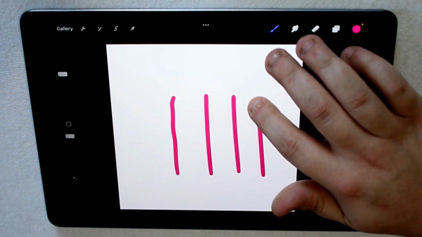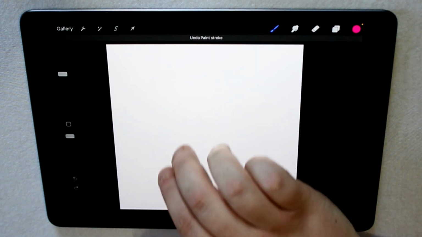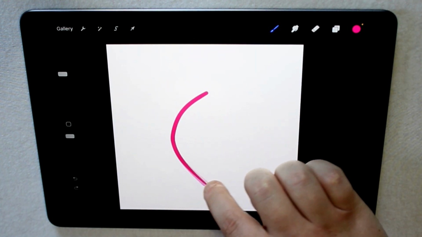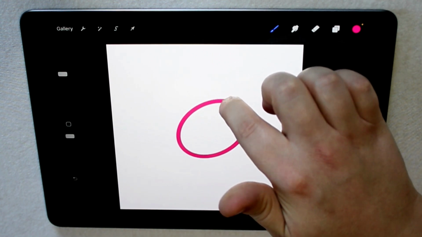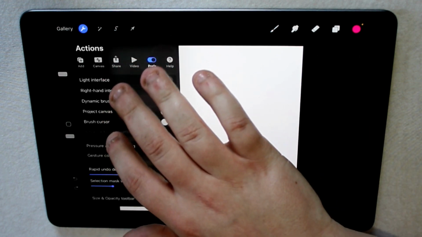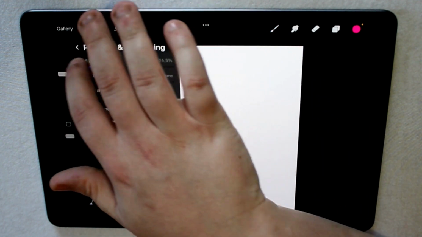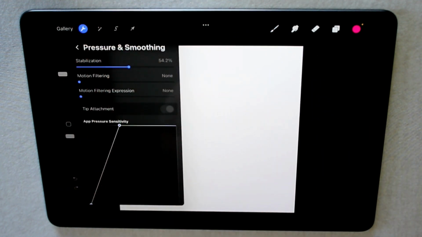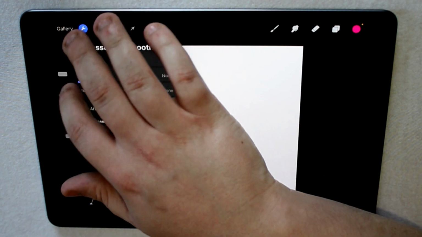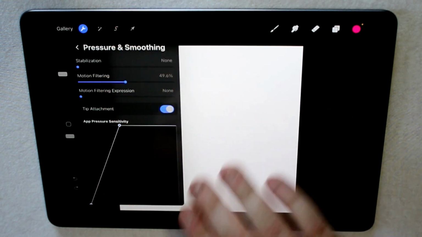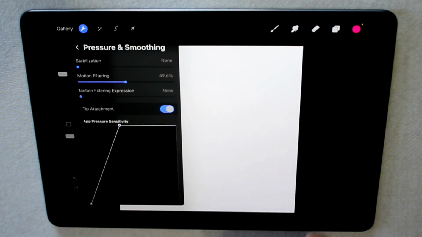Oh, look how much smoother those lines are. And it doesn't just work with straight lines. You can do your circles. It makes much smoother strokes, as you can see. The stabilization method is good for people like me who work quick, and that's the reason why your lines are sketchy. Motion filtering is awesome if you're working slow or you work quick and you still have lots of shake